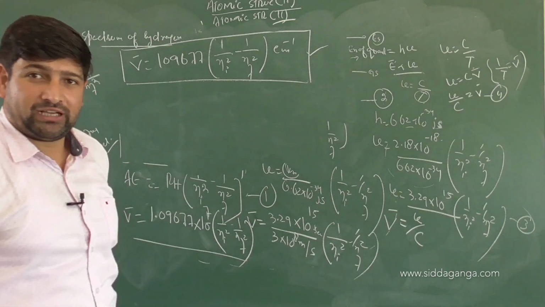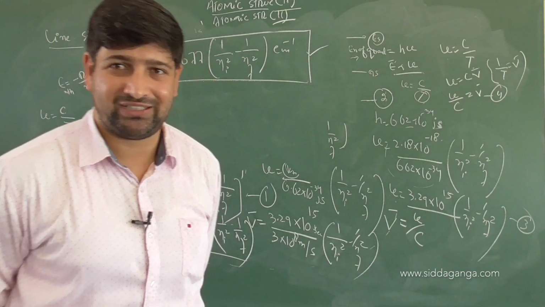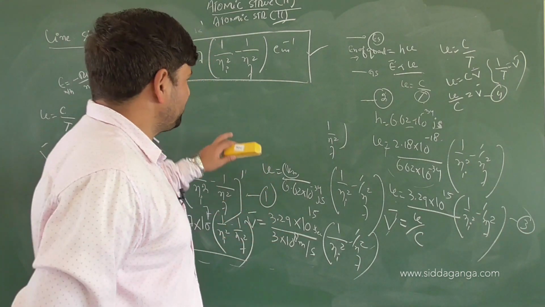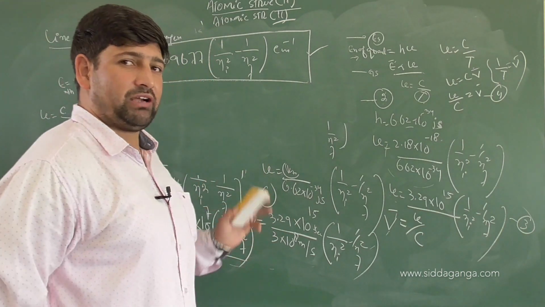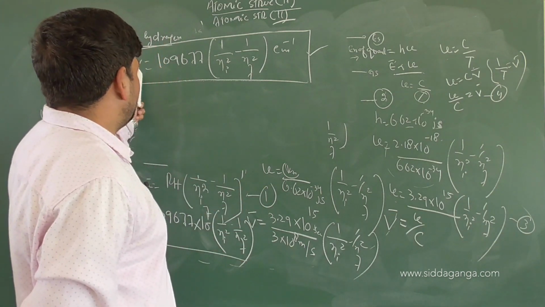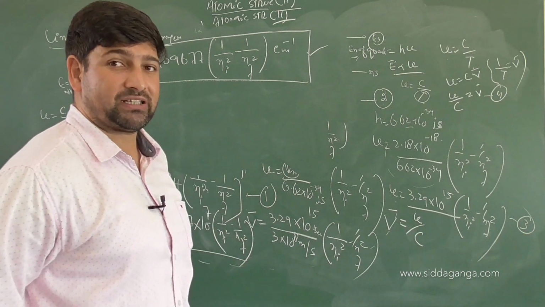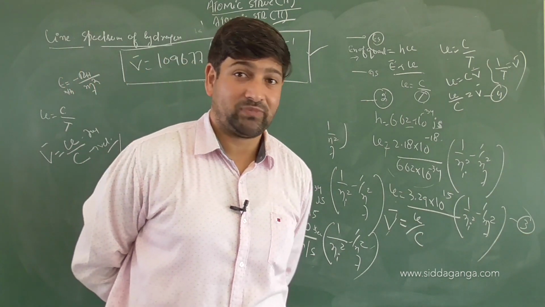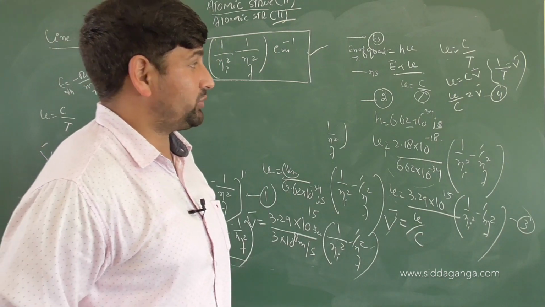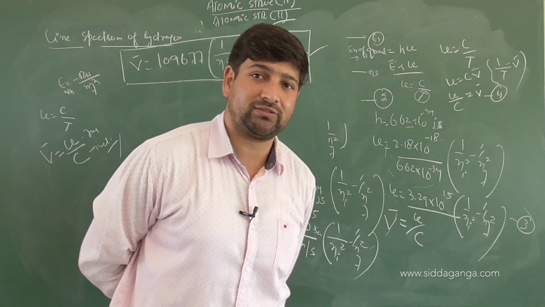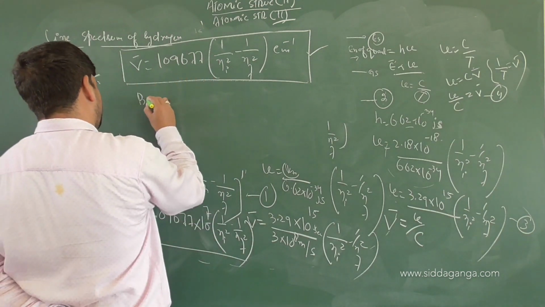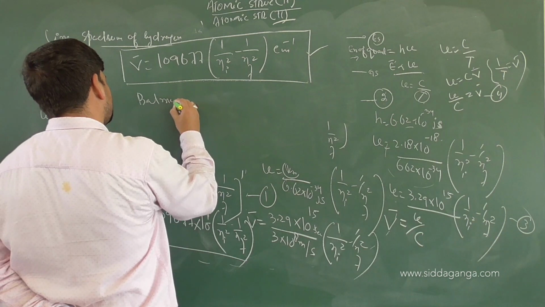So Bohr's model helps us to calculate the wave number equations as well. Am I clear? What we have done so far is radius, energy, and the wave number calculation of the hydrogen line spectrum. I said there are many series that you obtain. The only one that you will be able to see from the hydrogen spectrum is which series? Balmer series.